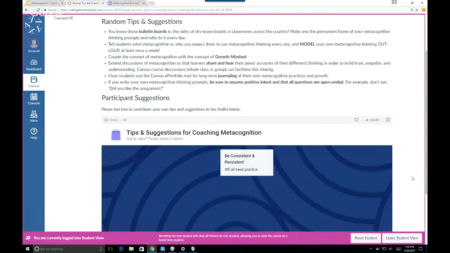Don't forget to extend some of these discussions by having students share out sometimes what they're thinking. You could also have these kind of discussions taking place, of course, in a Canvas course discussion. Doesn't always have to be hidden away just between the teacher and student in an assignment. If you haven't investigated, the Canvas ePortfolio tool actually has a great potential for some long-term journaling. And one of the foci of the journal itself could be reflecting on the growing ability a student has to be thoughtful and metacognitive in their goal setting, in their growth mindset, in their practice.